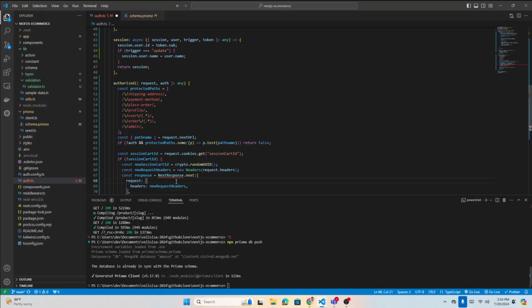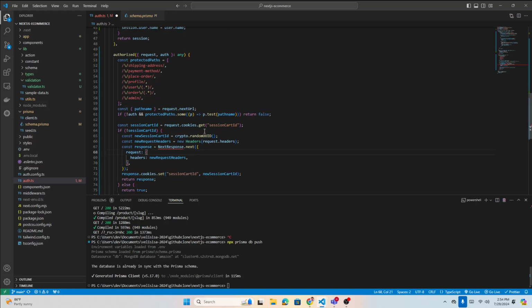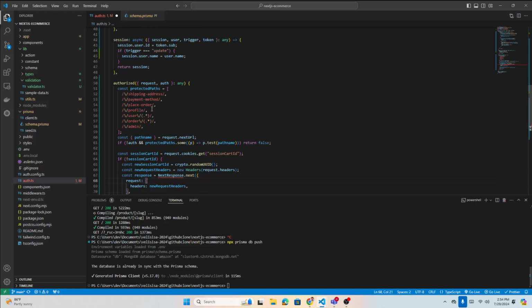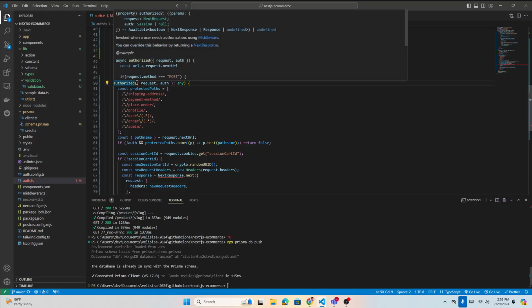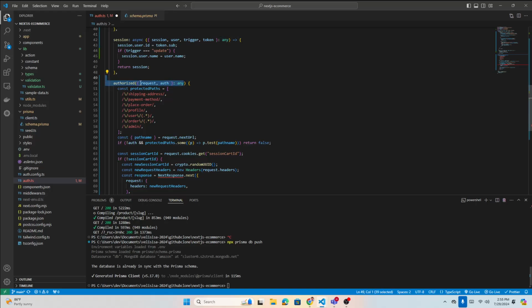We have to import this NextResponse. Once we go here, authorize is a function, and we are passing this data, request and auth. You can get request and auth here in authorize also. Auth means what? Remember, our auth has the session and all that. The request is